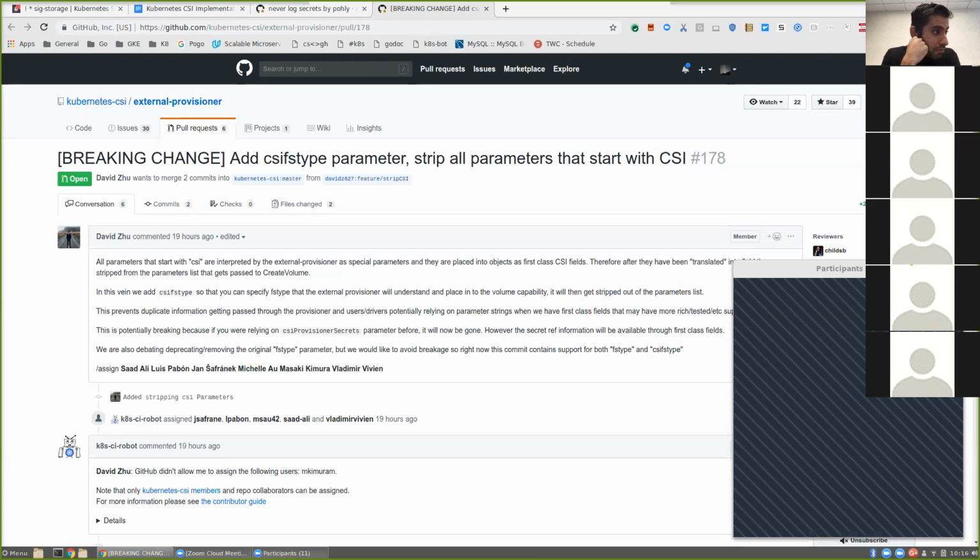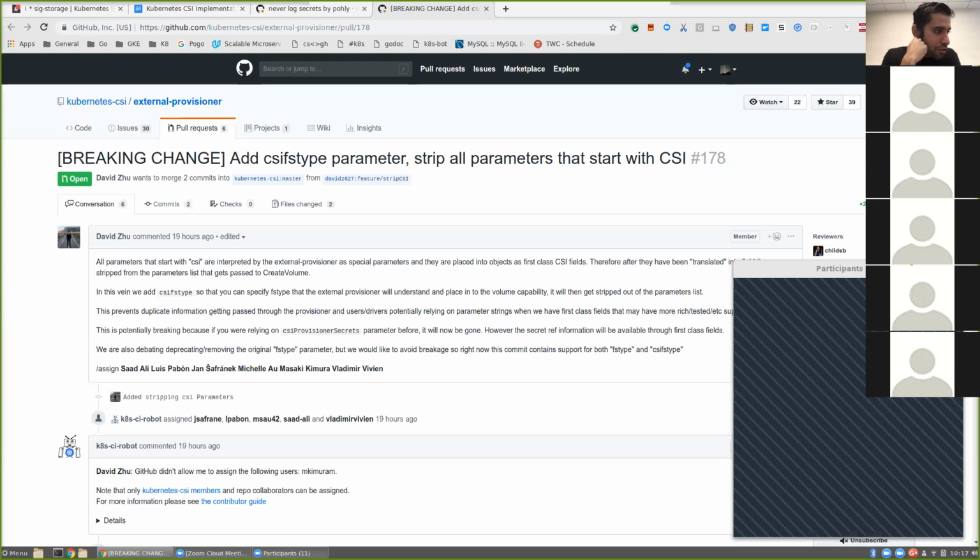Is this being introduced in provisioner version 1.0? Yes. Is there a concern then to have a breaking change? Yes, which is why we want to make sure that whatever we do minimizes the possibility of breaking existing drivers. So I think the FS type thing is the biggest risk. We are being very careful there and maintaining backwards compatibility with the old key as we move forward with the new key. Sorry, I guess I don't understand why we need to worry about breaking change here if we're going to 1.0.